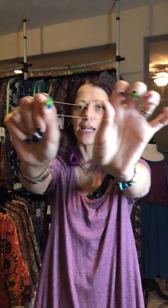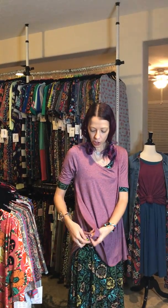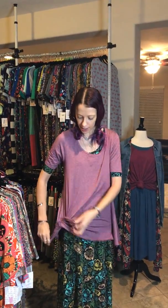I'm just going to show you a few quick ways that you can change up your Perfect Tee. All I'm going to use is knotting it, or a little plastic elastic, or a belt. Super, super simple. So the first one is, as it's designed with the slits, you can do a tie either